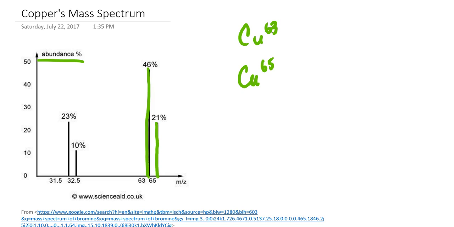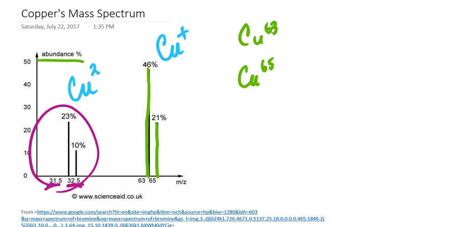So where does this pair of peaks come from? Notice that the mass to charge ratio is 32.5 and 31.5. We also should make memory of the fact that copper can have a +1 charge when it's a cation, but if you recall, copper is a transition metal, so it can also have a 2+ charge. And so what that means is, let's take this